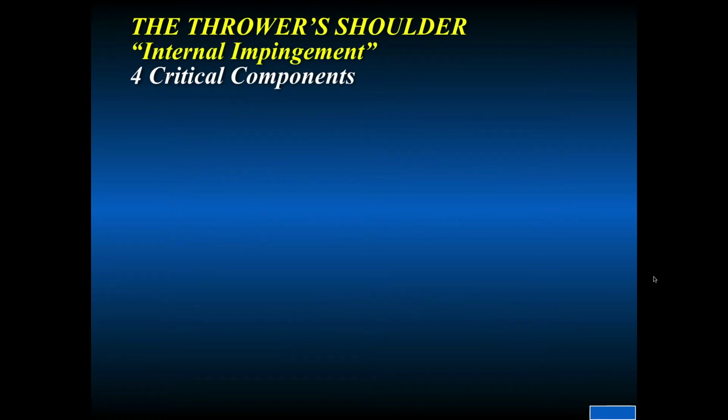The thrower's shoulder involves 4 critical components. This is called internal impingement, or impingement within the shoulder joint. External impingement, or your classic impingement, is impingement or compression in the subacromial space, not intra-articular as internal impingement. In thrower's shoulder, the 4 critical components are